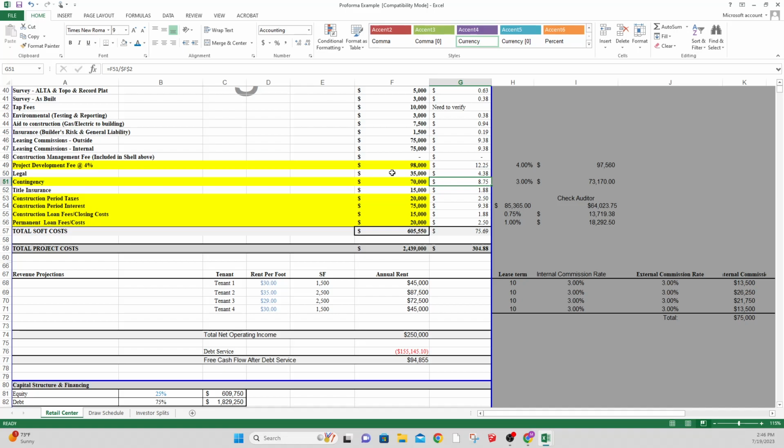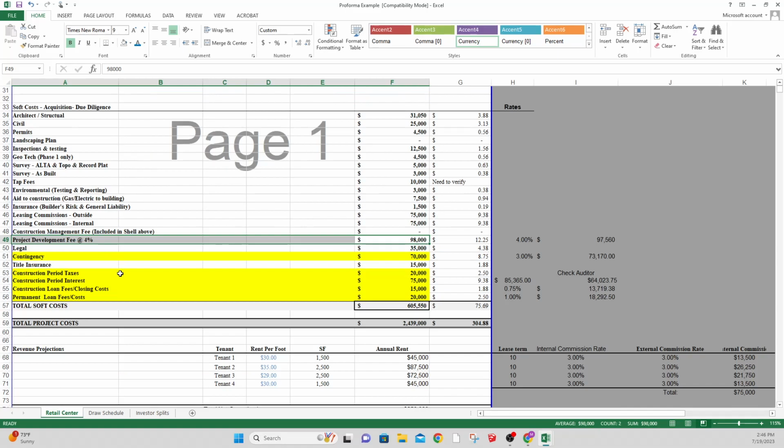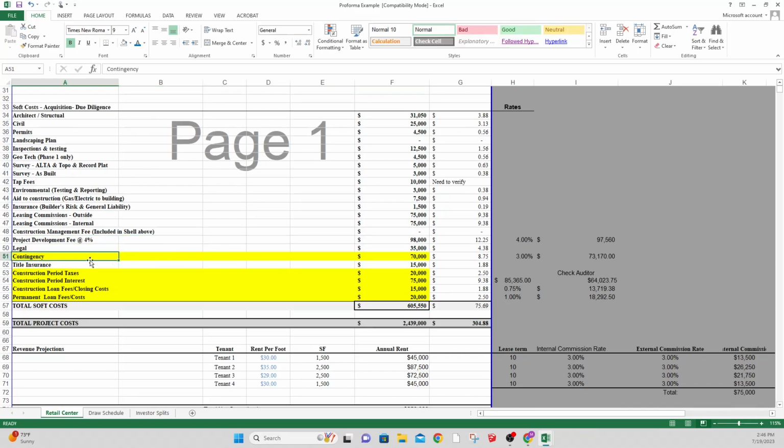I guess it's going to be a similar situation when it comes to the total project contingency. I'm doing it based on the total project costs. I've seen some people do contingency based on just hard costs or construction costs, but at the end of the day, it's essentially putting aside money for the "oh shit" moment, or things that came up that weren't necessarily accounted for. And that way you're not scrambling to say, hey, I need a bigger loan, or hey, I need to raise more money from my investors, or, just even personally, if you're writing the check for this,